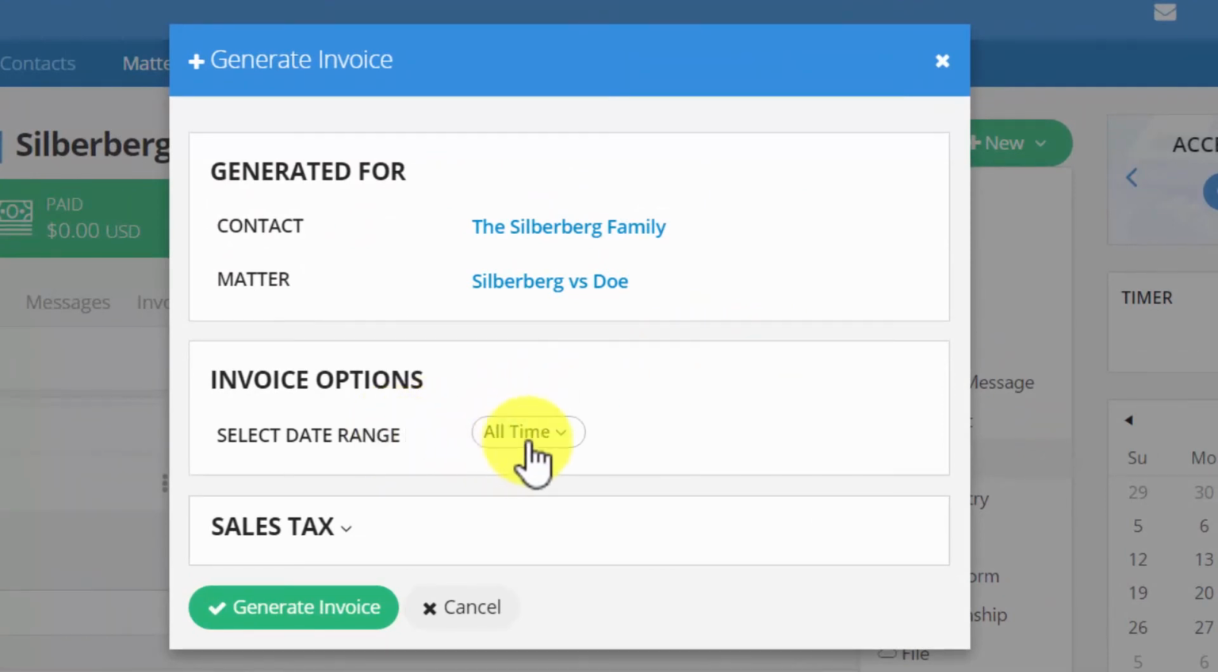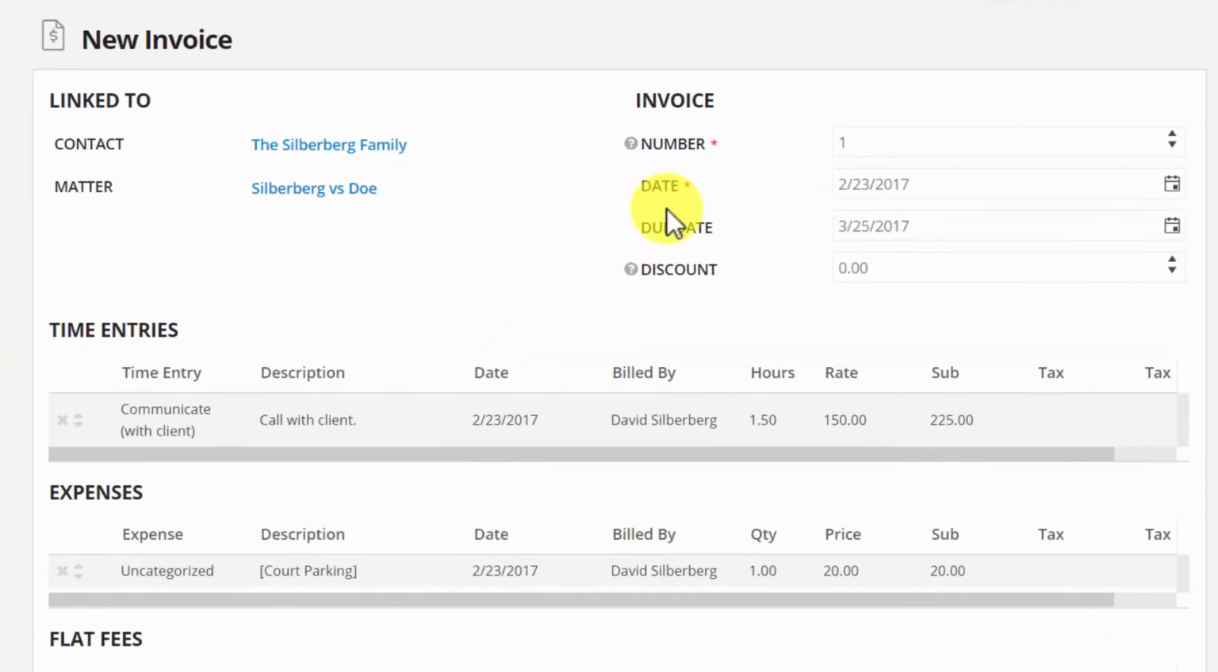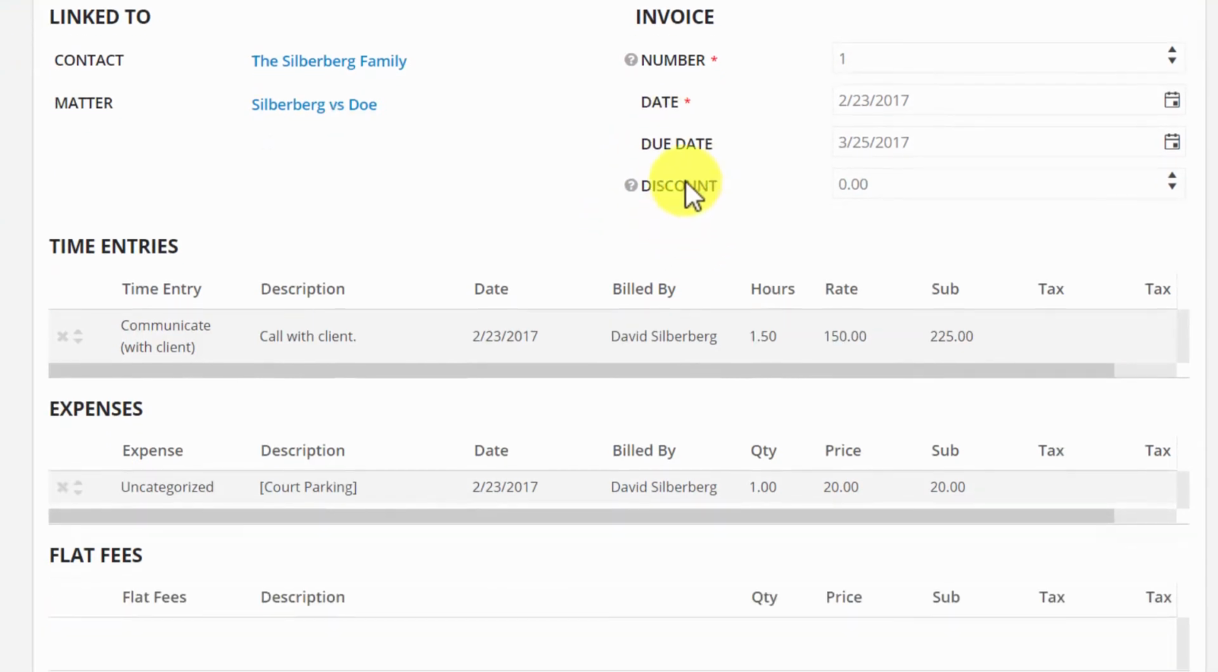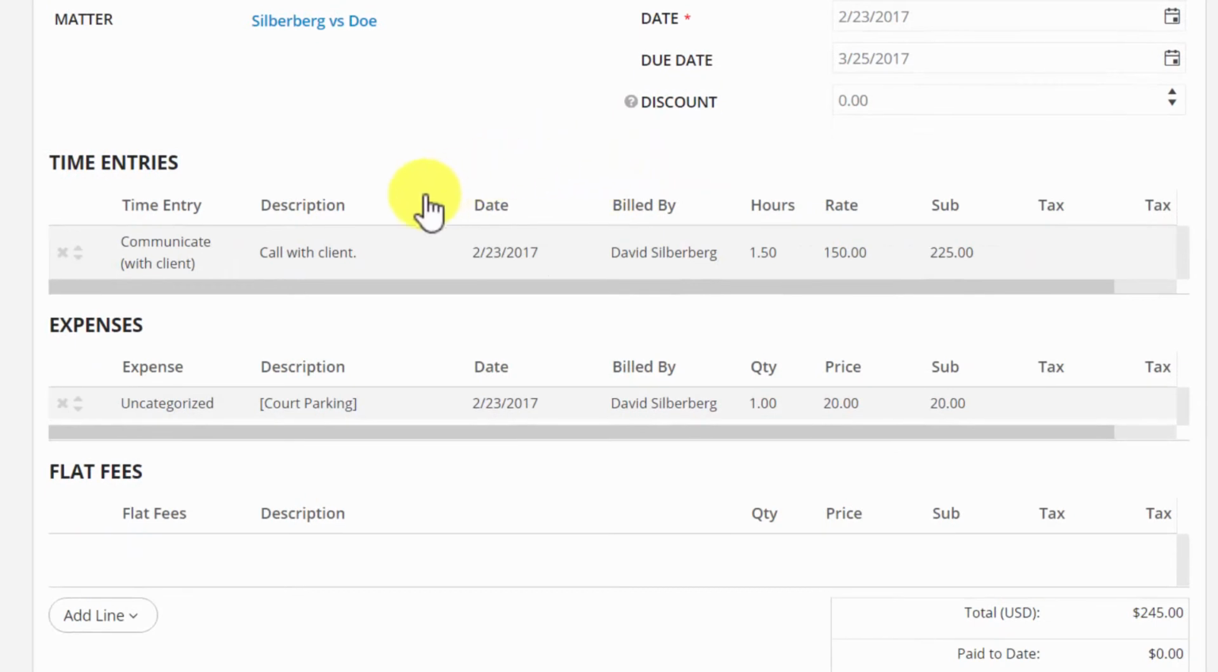Next, you're going to pick the date range that you want the invoice to pull from for the time entries and expenses, and hit Generate Invoice. This is going to take us to our Invoice Construction page where you can make any last-minute adjustments you may need to. You can click on any field you want here and make any changes you need at any point